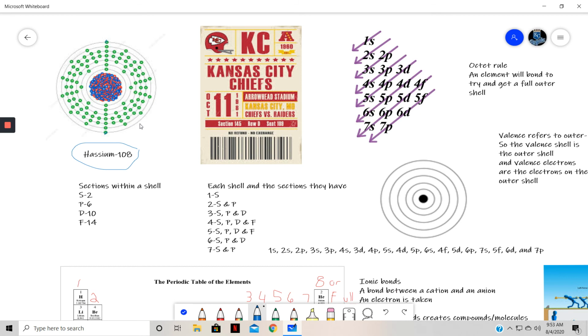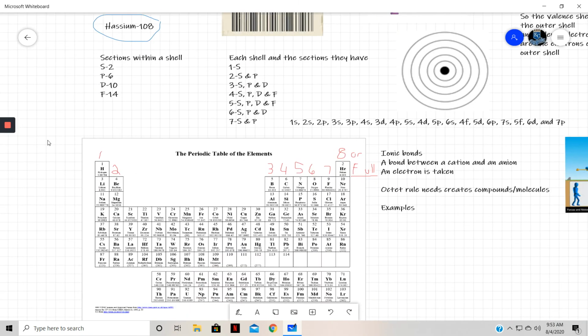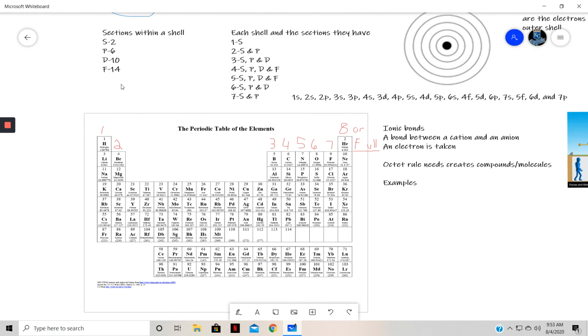So, 7 rings, and let me close this and just go down to this periodic table here real quickly, and that correlates to the 7 rows, 1, 2, 3, 4, 5, 6, 7. So that tells you that there's a relationship between the rows of a periodic table and the rings of an electron. So in other words, if the element is in the first row,